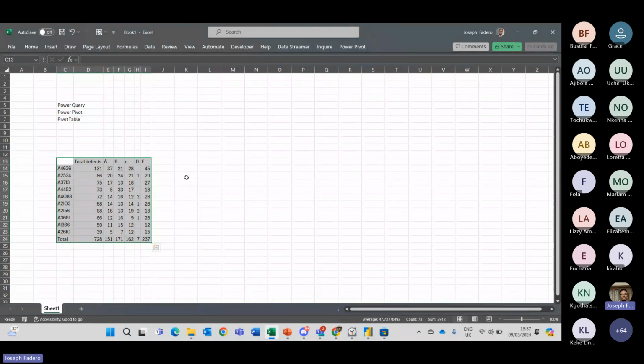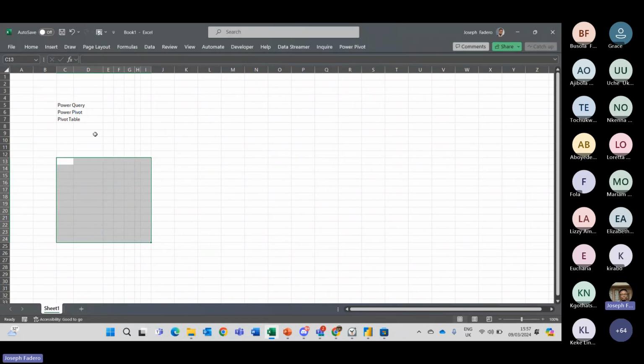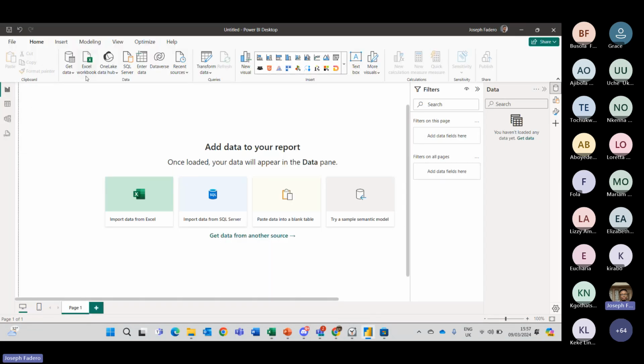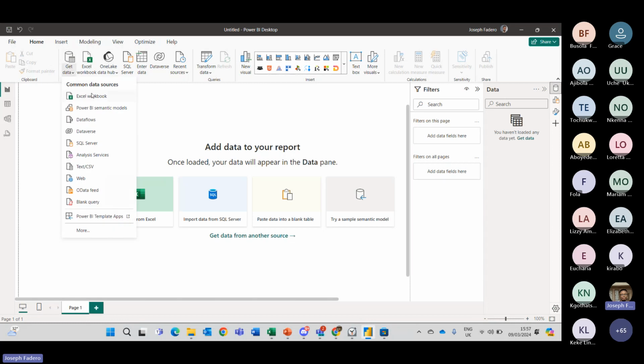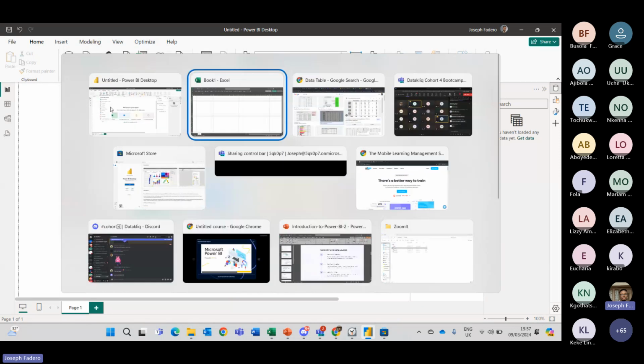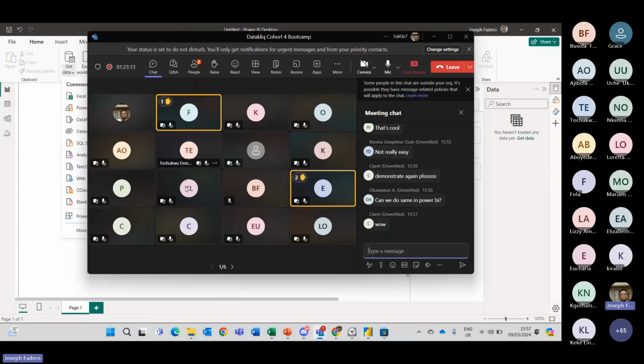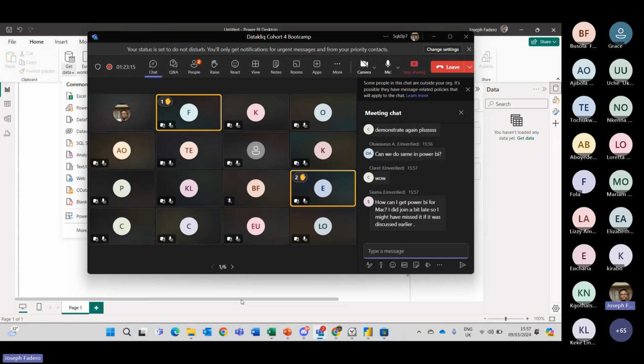So we can do this in Excel, which is nice and neat, right? With Power BI, we have a whole lot of sources. So it's Power BI we are on. Please come back to my Power BI screen. I just said, let me drop a few tips and tricks for us in Excel.